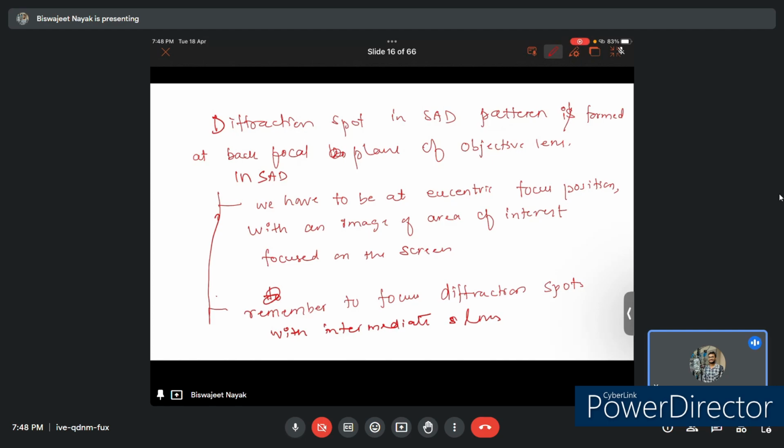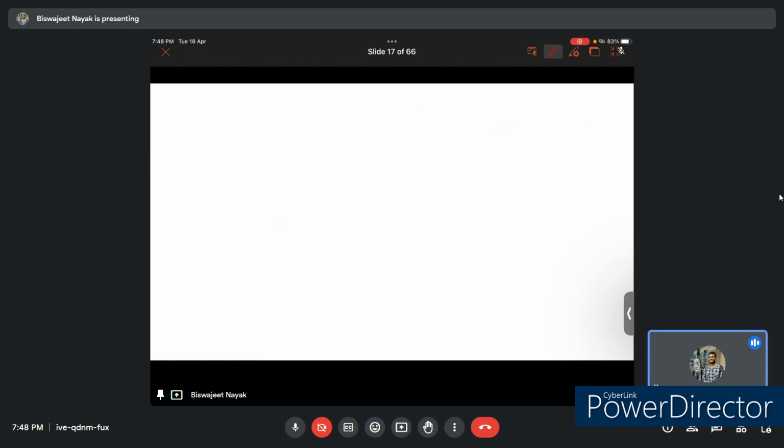So it is very easy to say that we can use a small aperture to select a small area, but the objective lens is not perfect. So the beams which are farther away from the optic axis bend more strongly as they pass through the objective lens. So for rays entering the objective at an angle beta to the optic axis,